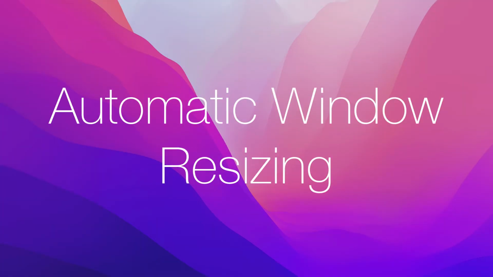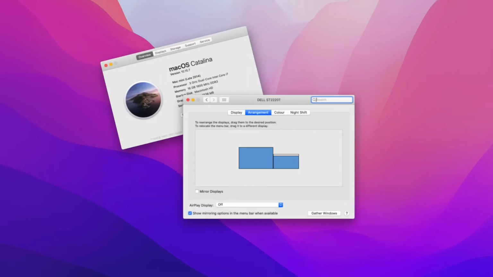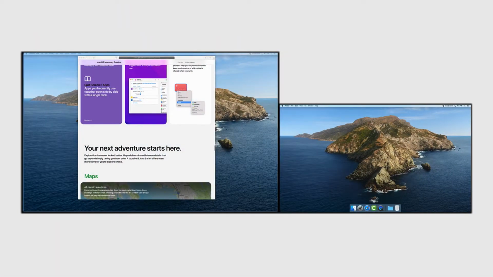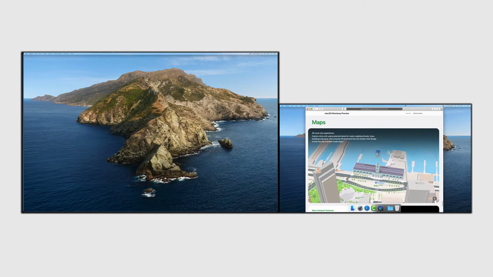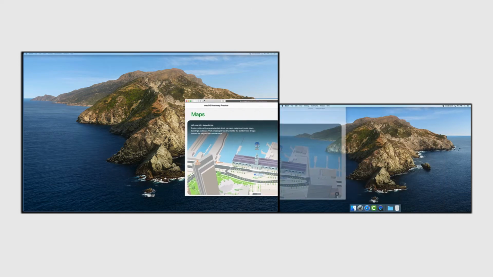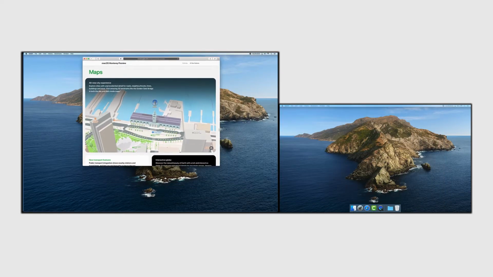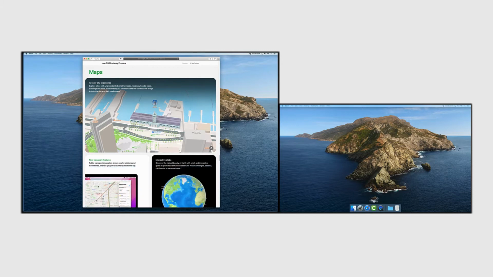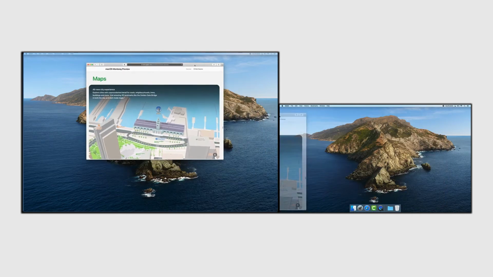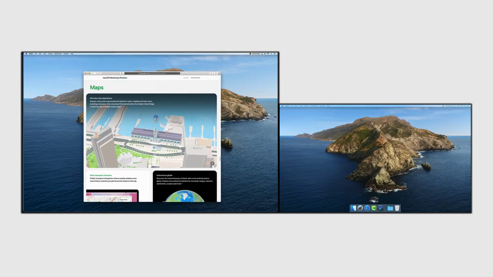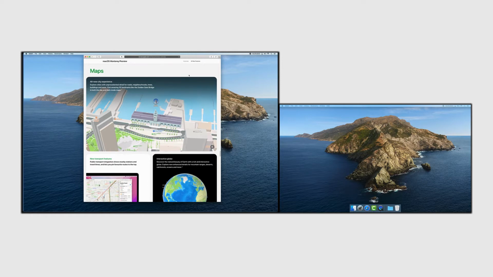Another cool feature in macOS Monterey is automatic window resizing. For those of you like myself who have different size dual monitors, it's now easier than ever before to use different size monitors. What I mean is the following. As shown, one of my pet peeves in macOS has to do with using dual monitors of different sizes. In earlier macOS versions, when moving a window from one monitor to another different size monitor, resizing of the window was always necessary and annoying to do on the larger monitor every time.